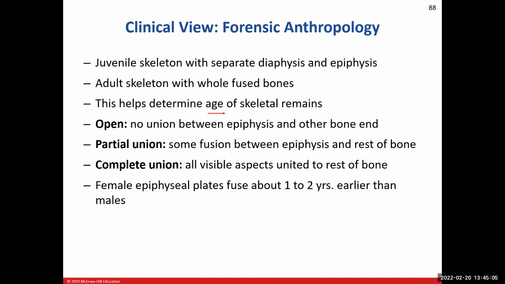So what we see is, if we're looking at our long bones here, if we see an open region between the epiphysis and the diaphysis, then we can estimate that is a younger person. And obviously, if there's a complete union, then we can say this person, at least we know, is not a child. Usually the size of the skeleton also tells us that. But we know that they're a little bit older and they're pretty much done with